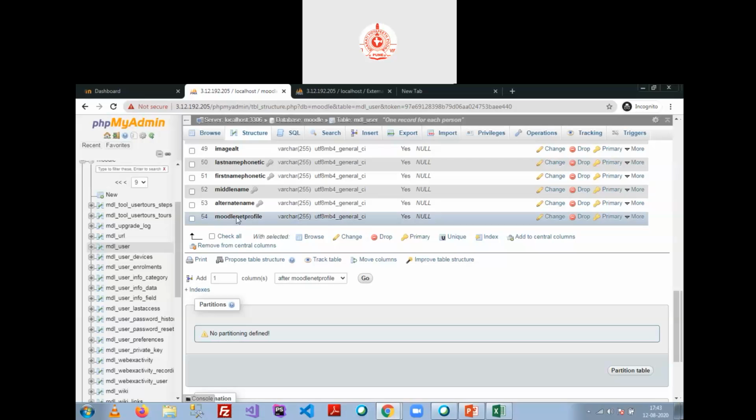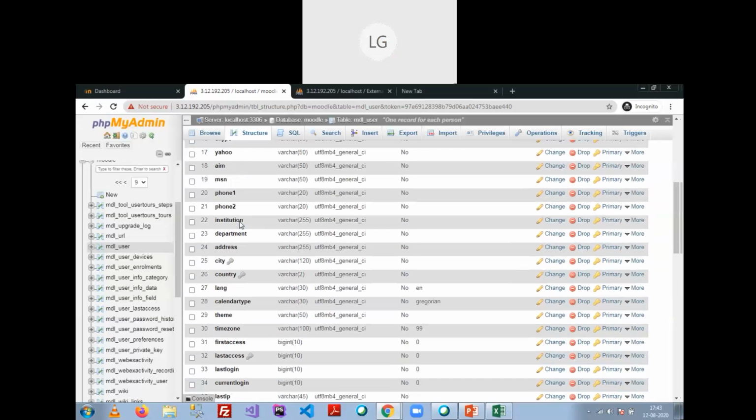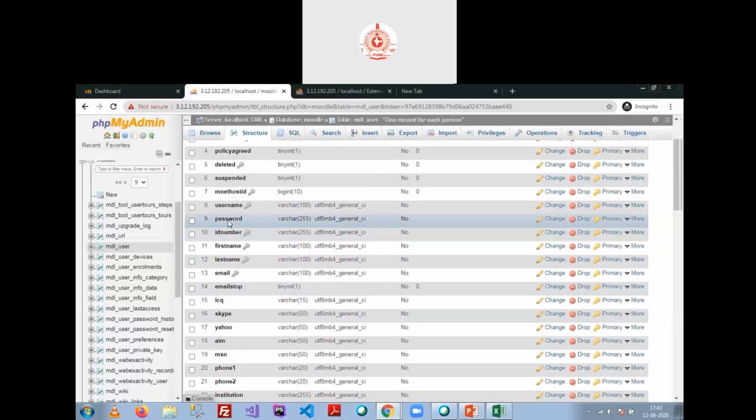Okay, sir. Thank you, sir. But one thing is mandatory here. What should you check? That is the password. The password should always be in MD5 hash format. Otherwise your plain text password will not work here, and the user will not be able to log into the system. So to avoid these kinds of problems, we have also discussed the external database settings here.